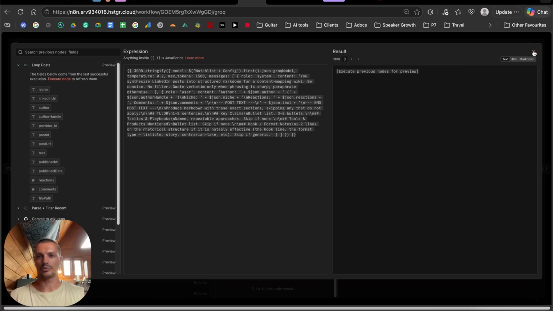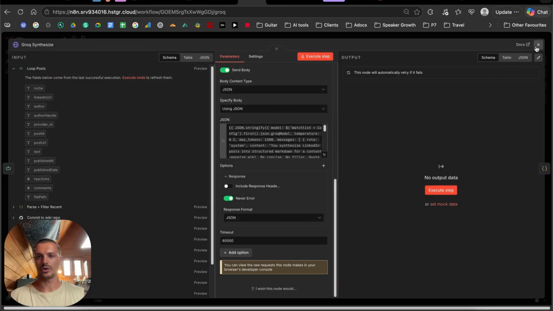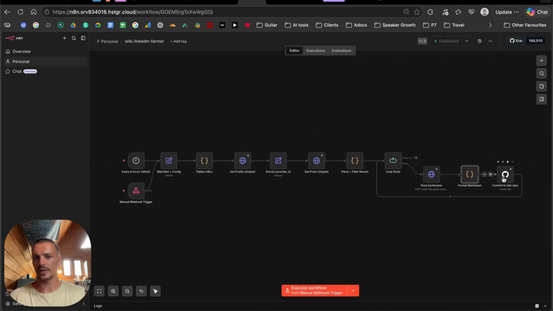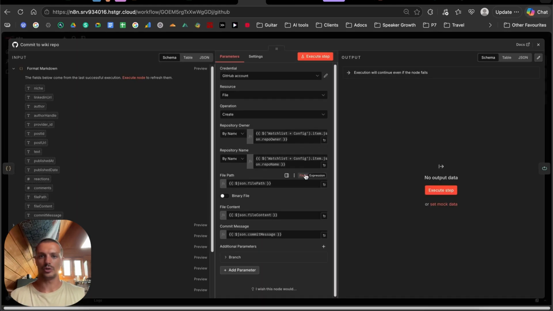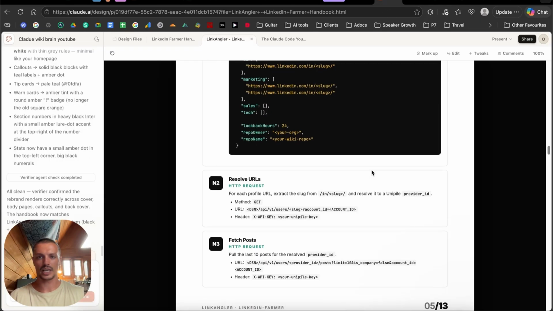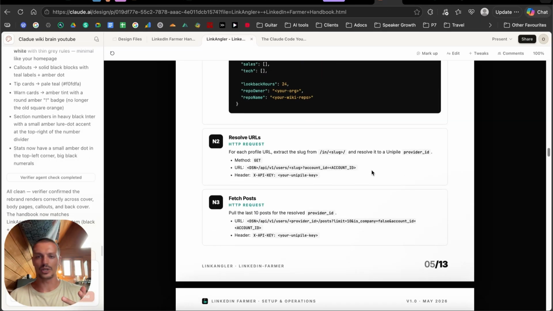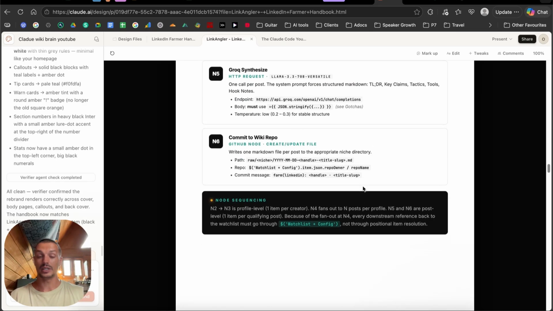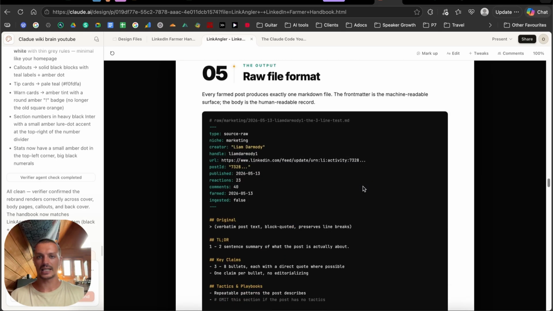You can see here it's got the prompt that has been fed into Groq, and then it's being formatted into Markdown, and then it's being committed to my repo. So it's pretty straightforward in how it works. But beneath this, obviously, it's not just getting the content itself, it's also getting reactions, it's getting engagement, it's getting all the different intricacies of what's going on within the post itself to then understand exactly how it's